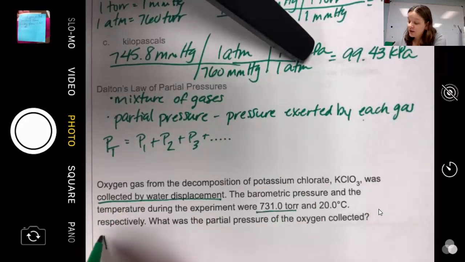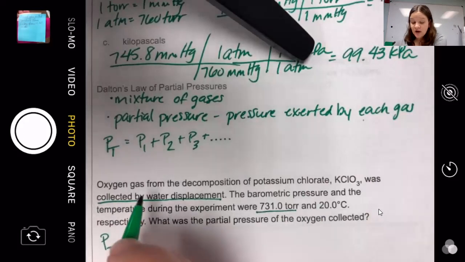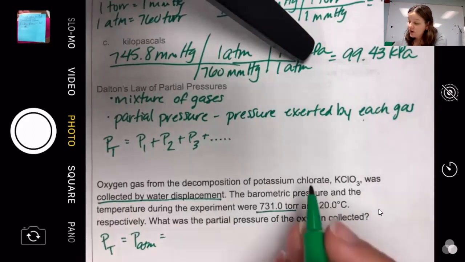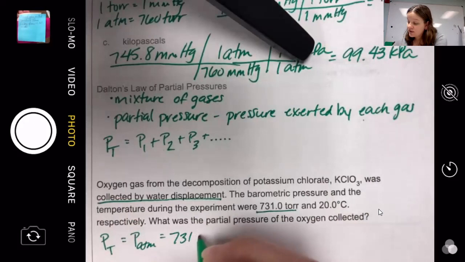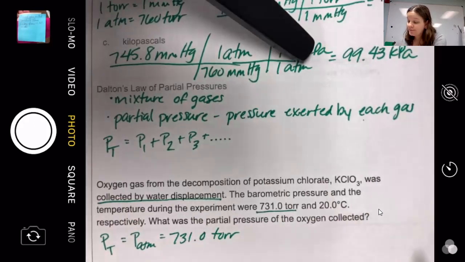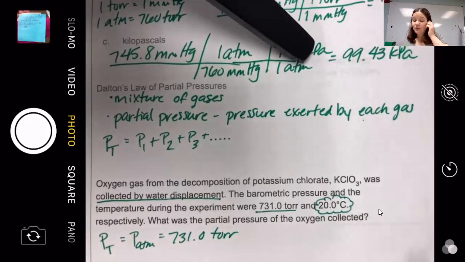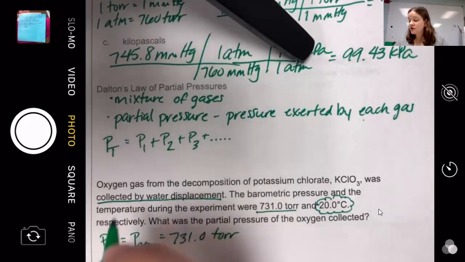So my total pressure is going to equal the pressure of the atmosphere, which in this case is 731 torr. This temperature here is going to be important because I'm going to go look up the